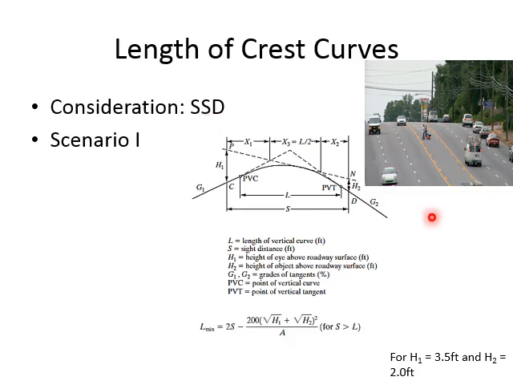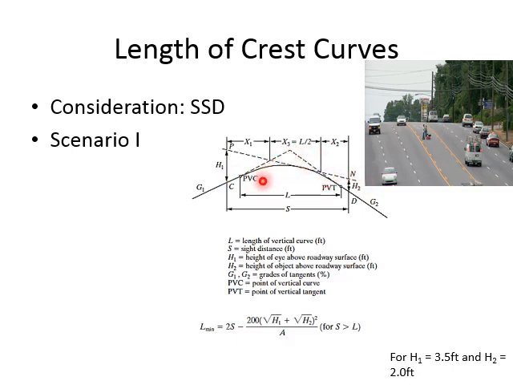Now you can see in the figure here is a crest curve. You can see the crest of the curve, the top of the curve, is blocking your line of sight. So I cannot see the other side of the curve because of the curvature. You can see it here as well. If I'm here at this point, I cannot see what is happening at this point because of this curvature.